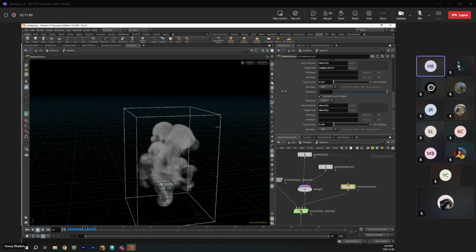When we have a DOP network for volume, or for example, for smoke and fire and everything, what we're gonna do is after we simulate something and we're happy with it, we're going to be caching our fields. Meaning that out of the DOP network, there are going to be some fields, like for example, density, because we fed density inside the DOP network. We fed temperature. We also have velocity. So the very simple thing that we're going to be getting from the DOP network is density.